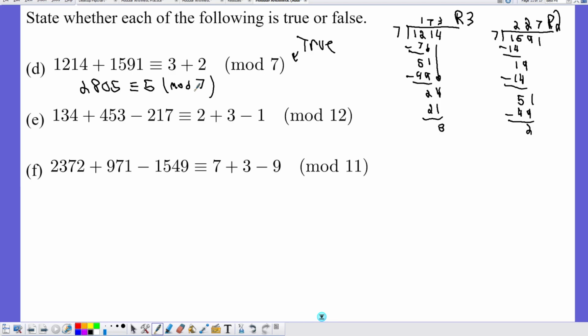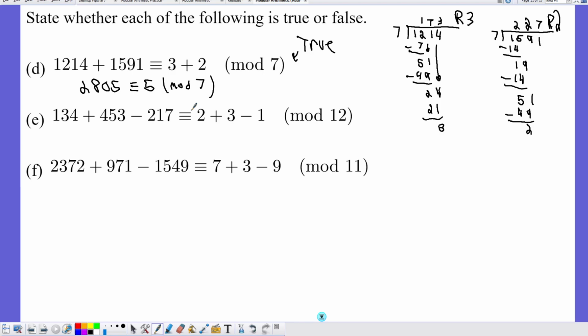All right, now for the next part. 134 plus 453 minus 217. Is that the same as 2 plus 3 minus 1 mod 12? Well, we have a lot to work with. If we can find one false statement, then it's going to ruin the whole thing. So let's just start with the first term, 134. Is that the same as 2